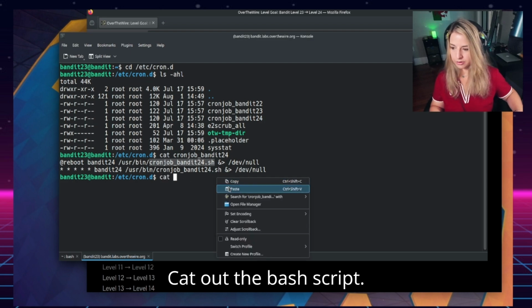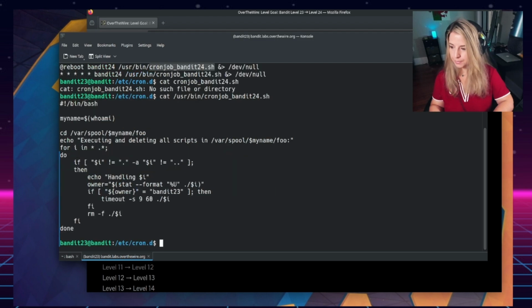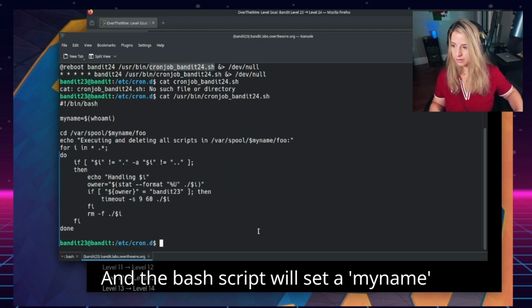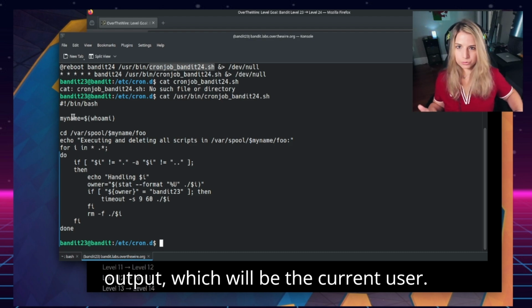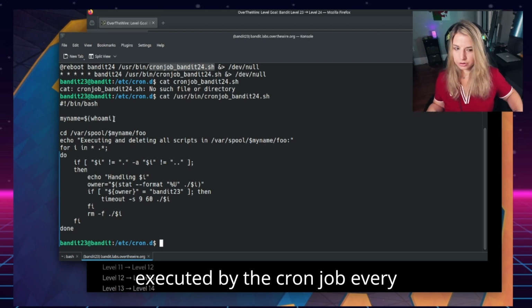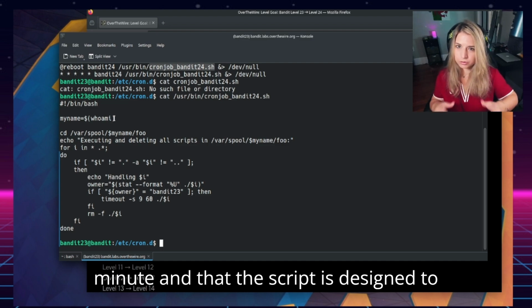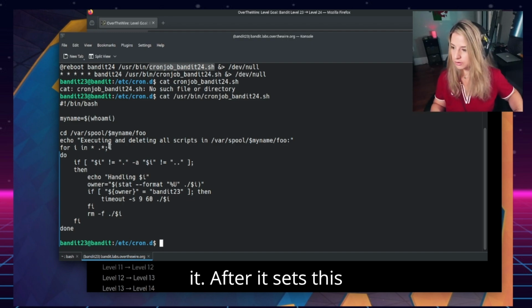Cat out the bash script. And the bash script will set a myname variable to the whoami output, which will be the current user. So it looks like this script will be executed by the cron job every minute, and the script is designed to run as the user who executes it.